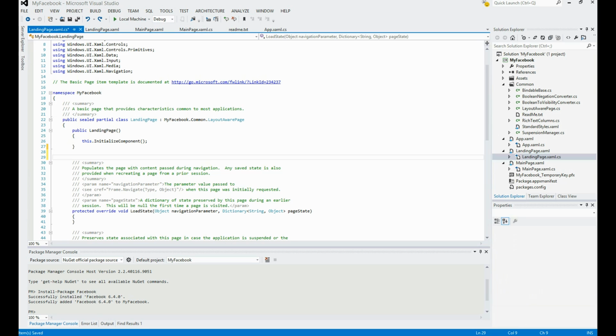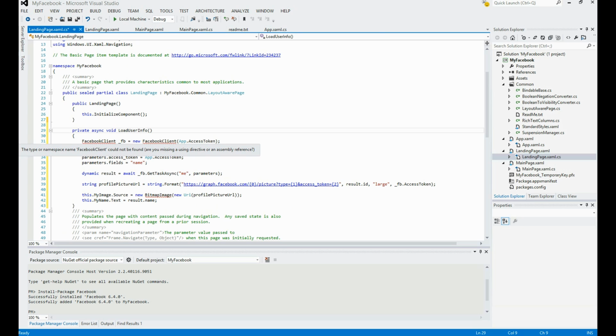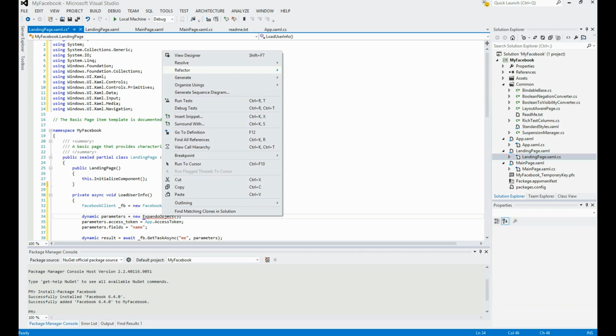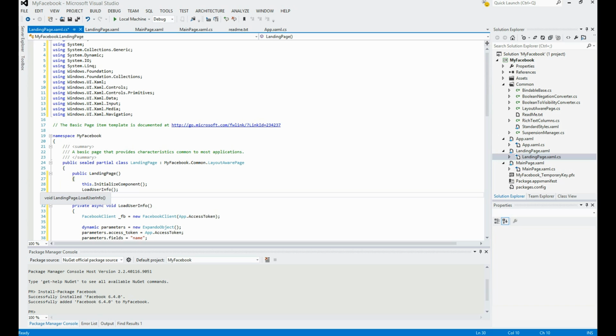As soon as the landing page is loaded, we want to fetch user's basic profile, which can be done by adding the following snippet. This snippet makes an Open Graph API call to get the user's profile data and attaches it to the controls we just added to the UI. Let's resolve the missing symbols just like before. And we are ready to finally invoke the load user info as soon as the page is loaded to finish the scenario. So this snippet contains the load user info function, which will finally load up the user details into